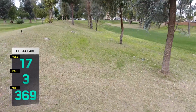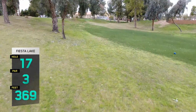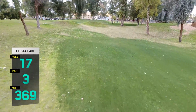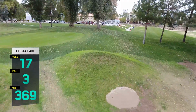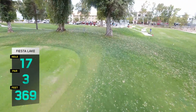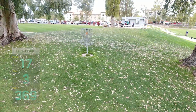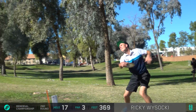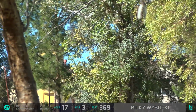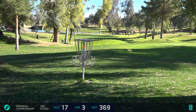Definitely. Hole 17, 369 feet. This one's got a bit of trouble. It's got the green short and kind of left, and then you've got the OB long of this basket, and kind of right as well. You see those flags, it kind of curls down to the right, connects to that other hole over there. It's a tricky green to hit, but if you are safe up there, you most likely have a look at 2. You just key in on those 2 big trees, try to throw it up there near them. And Rick...